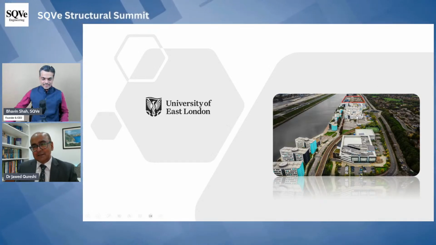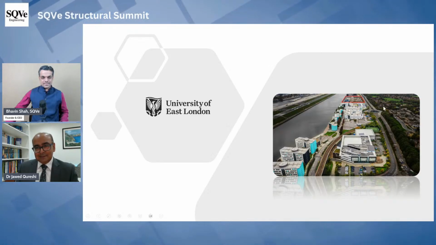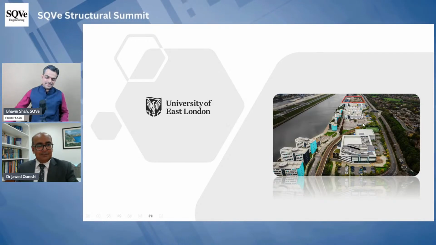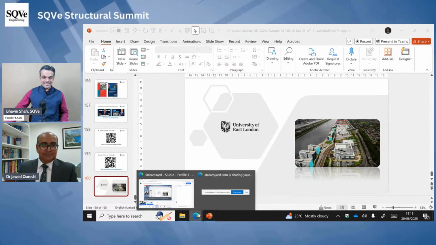This is University of East London, where my office is. This is London City Airport on the left side. You can see the runway. And my office is around over here, where my arrow is. And there's a Docklands Light Railway, which is a driverless train over here. The station is inside the university. So if you ever come to London, by all means, come and visit me.